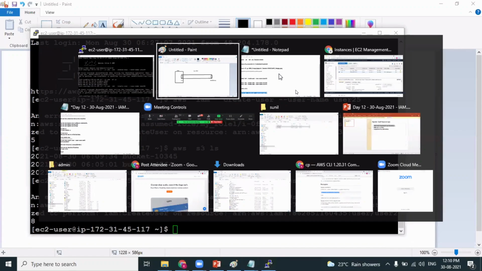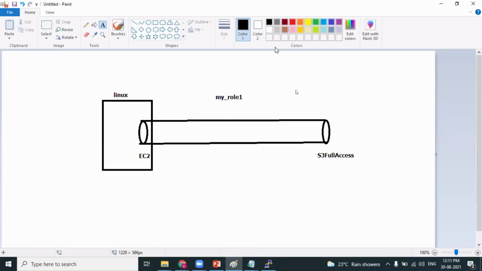So I think most of you may have doubts when I'm explaining the command line interface. You may have a question, Anuj. Using the command line interface, anybody can do anything, isn't it, when you have the access key ID and secret key ID? From the console access, using Identity and Access Management, you are creating an IAM user. If this user wants S3 access, you provide an S3 role to that user. That's how you restrict security with respect to console access.